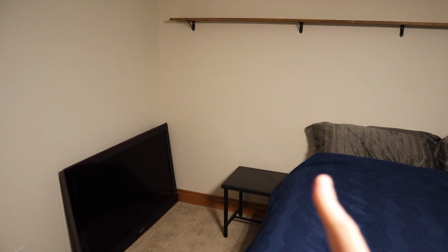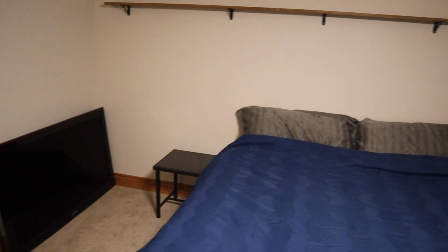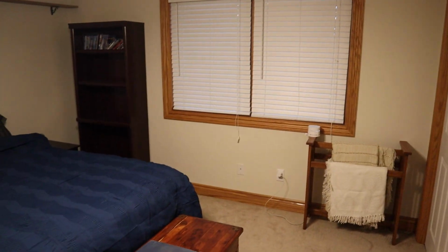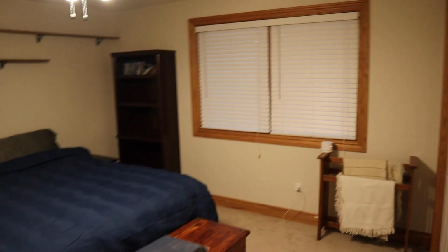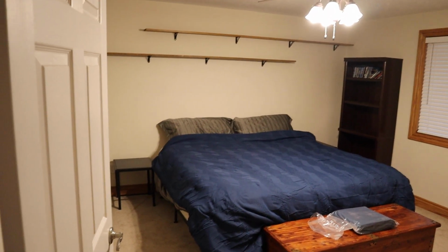I could also clearly put, if let's say that there's a wall here, and this stays, then I could still put something here and here. Maybe these could be all my movie pieces. Okay, or maybe I could build some sort of set for the show in here, or put my desk in here. So let me show you backwards here what that looks like, and then we'll kind of wrap things up